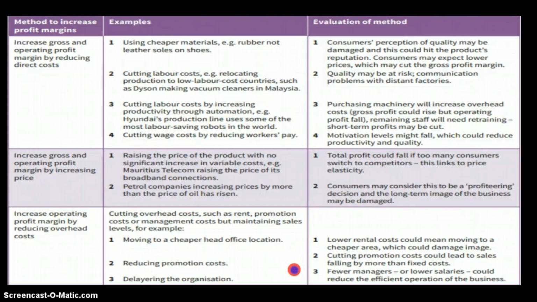If you reduce your promotion cost, then cutting promotion cost could lead to sales falling by more than the fixed cost saved. Basically, you might not even be able to reach your break even point, let alone make a profit. If you're not even able to cover your fixed costs, then how can you think about making a profit? You instead make a loss. So reducing promotion costs is not a good thing, especially in times where your sales are falling